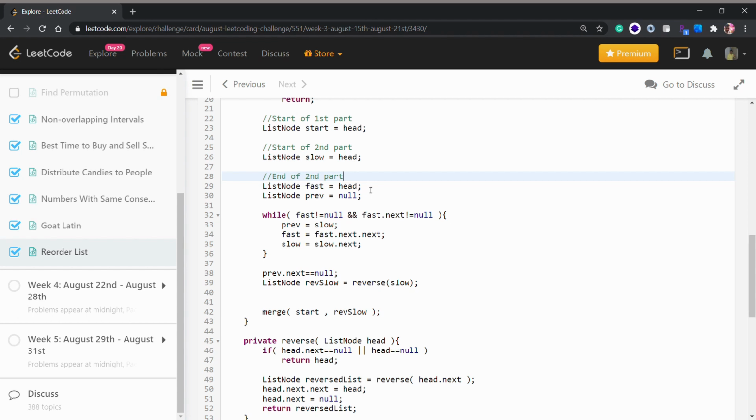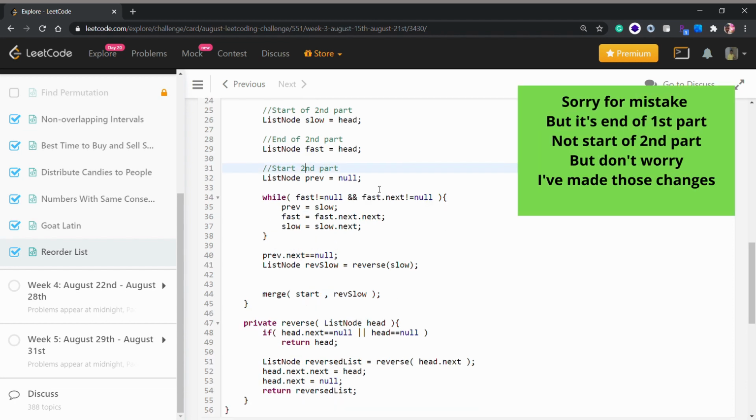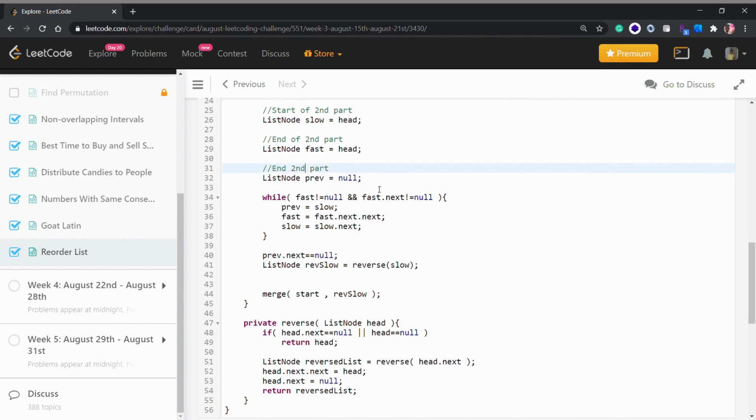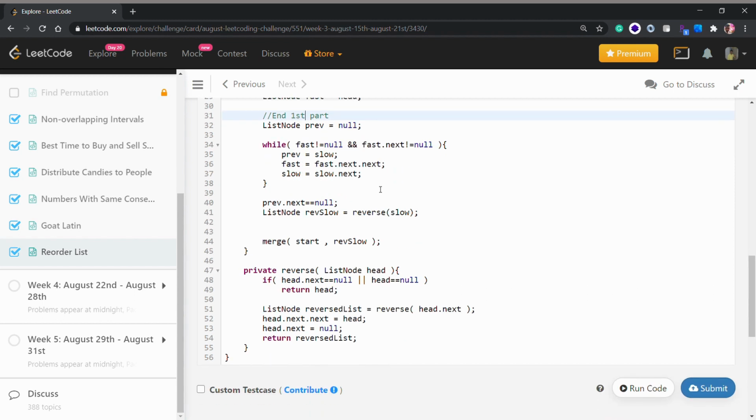And previous is the element just before slow, so it is the end of our first part. And that's how we divide our linked list, sorry, not array, into two different parts, two different sections.